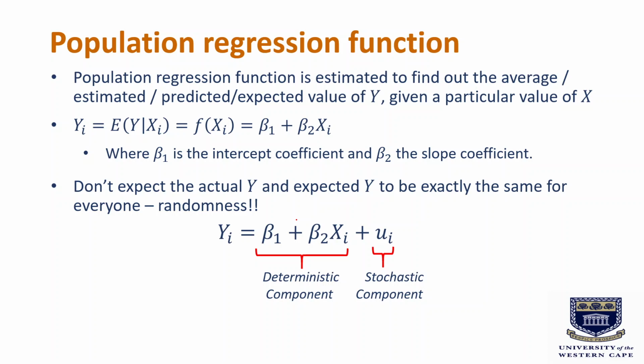Another important aspect of the regression model is that it comprises a deterministic component as well as a stochastic component. So you might recall from Chapter 1 that we described the model without this u term as a deterministic model. And then we describe the model that includes the u term as the statistical or econometric model. That is because we know that there's necessarily uncertainty in our model. Not all of the data points are going to lie on our regression function, on our line through the cloud